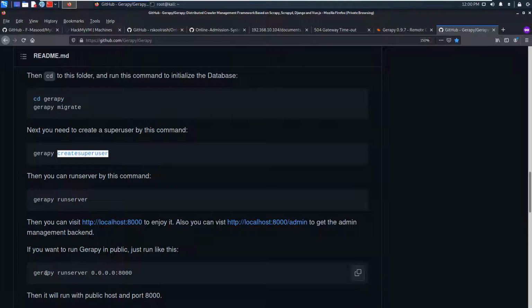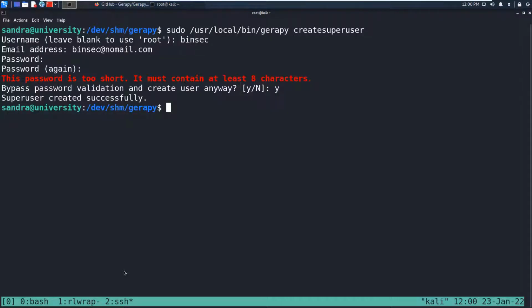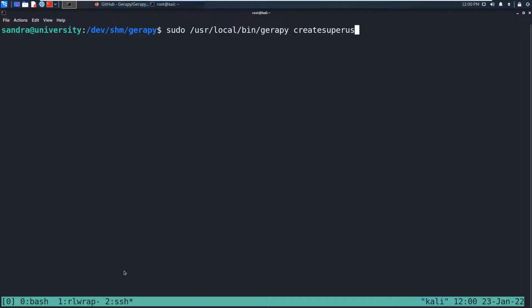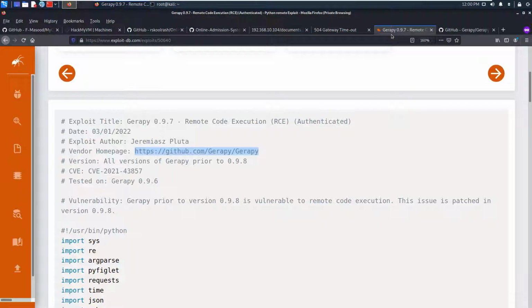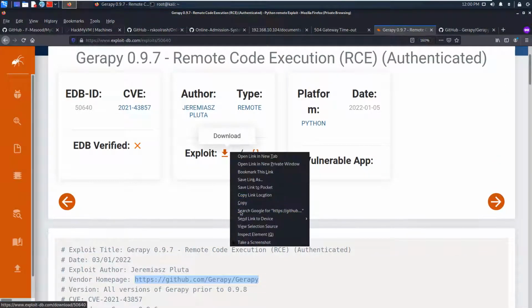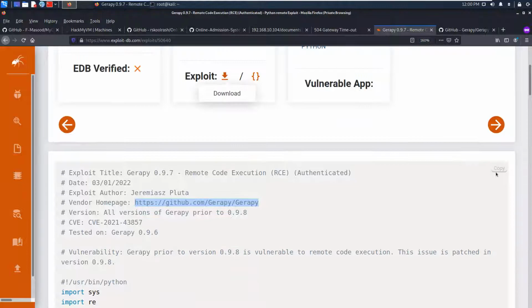I need to run this in public mode. So I'll run this run server and this port. Let's start this run server on port maybe like 10,000, 1, 2, 3. So the server is running, that seems right, and now we need to use this exploit. So let's just download it, or maybe we can copy it,